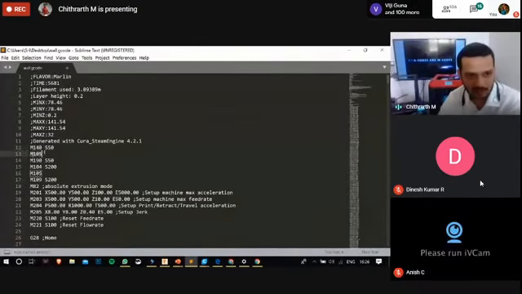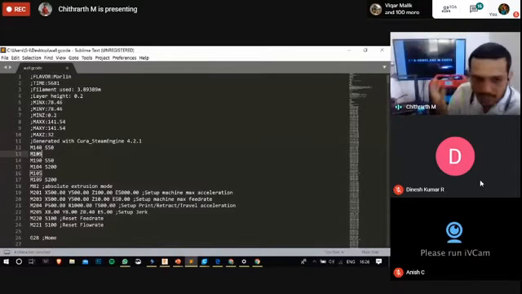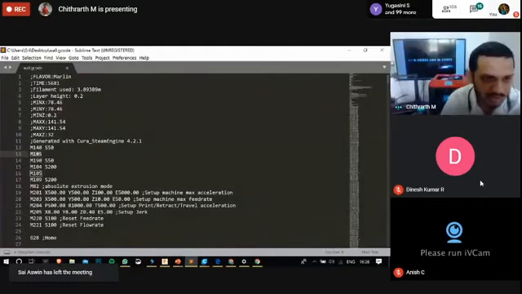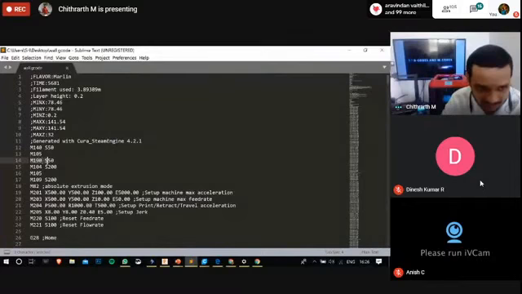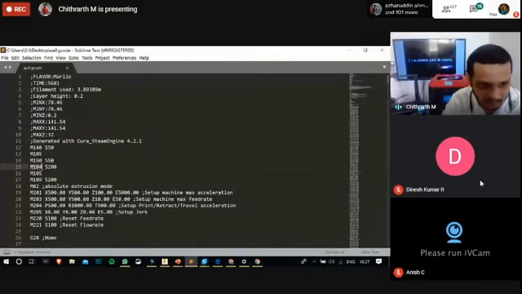on the 13th line, M105 is the command used to get the temperature data from your sensors. It will be stored in the PID, or there are certain registers available, but let's not get too complicated. Basically, this command is used to get the temperature information. Coming back to the 14th line, M190 is used for setting the temperature of the heated bed. Again, M104 is used to set the temperature of the extruder.